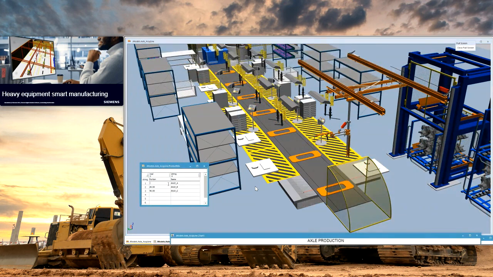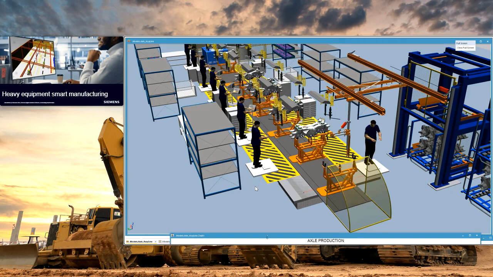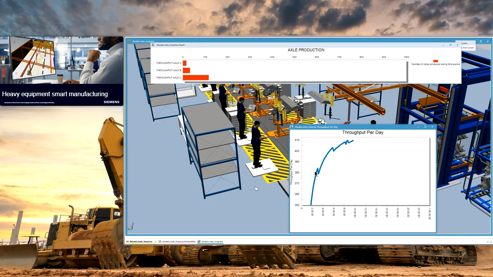But let's change the combination now to a new combination where we just need 10 of axle A, 20 of axle B, and change axle C's volume to 70 because of the demand, and run this production schedule as a simulation and then understand what it's doing to productivity. Is our line set up to really maximize the utilization of resources, our manpower? When we look at it, there are some dips as it goes along, and our end throughput for the day is way less than 500, our target, at around 417.